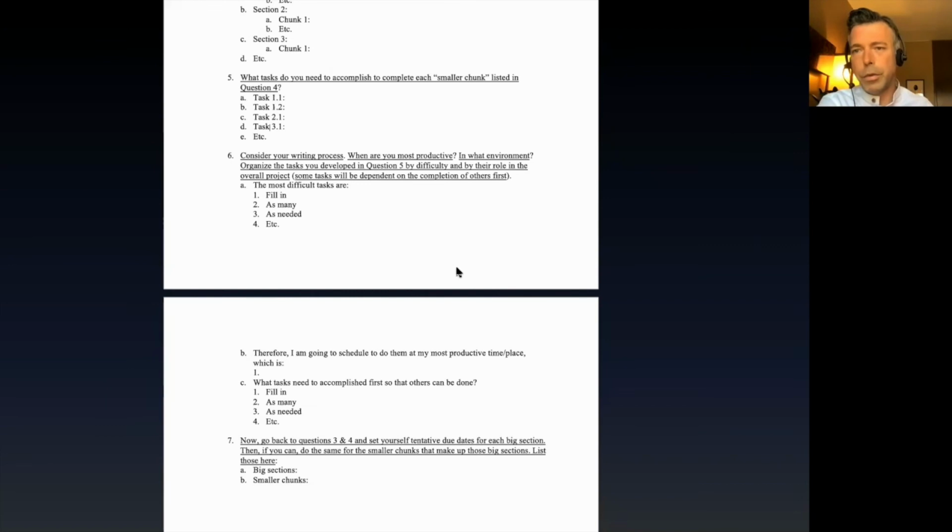Those are cognitively more demanding tasks, right? And those should be, if you've gotten to the point of tasking out a project, you can leave those for,